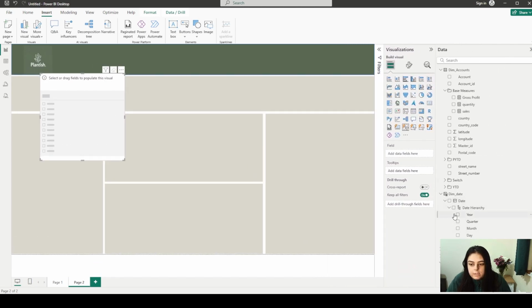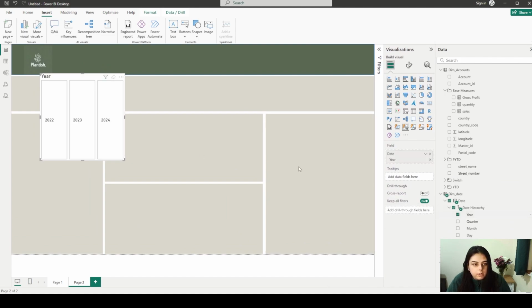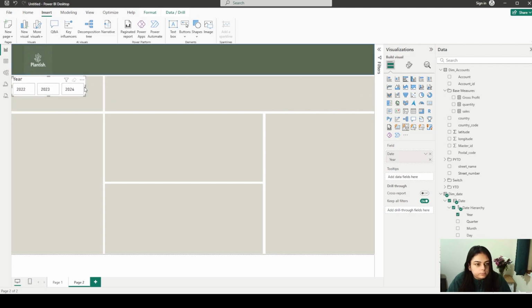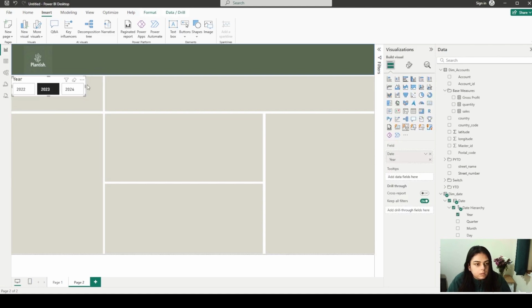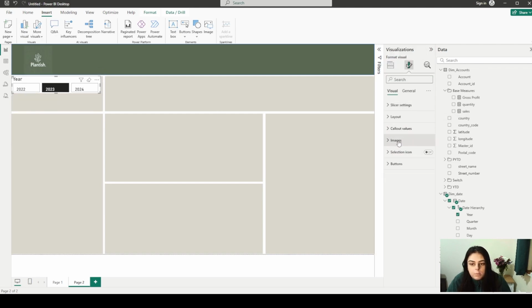So from date hierarchy I just need the year, right? So I just want the year. I'm just resizing it now, trying to put it here, and something like this. Okay, now in the format one, I would know that I don't need the title, so